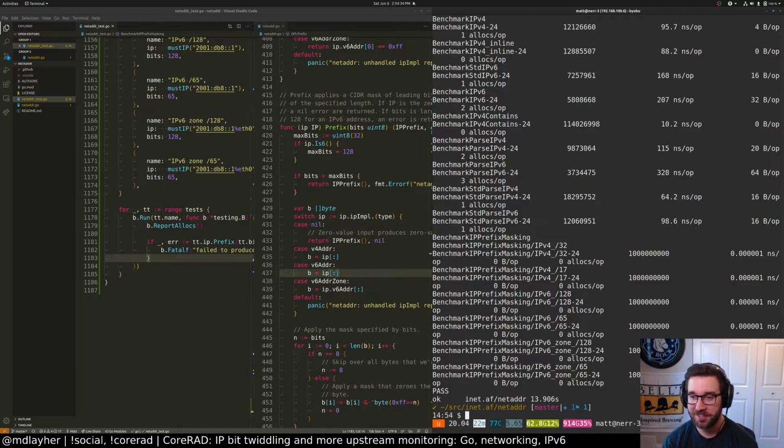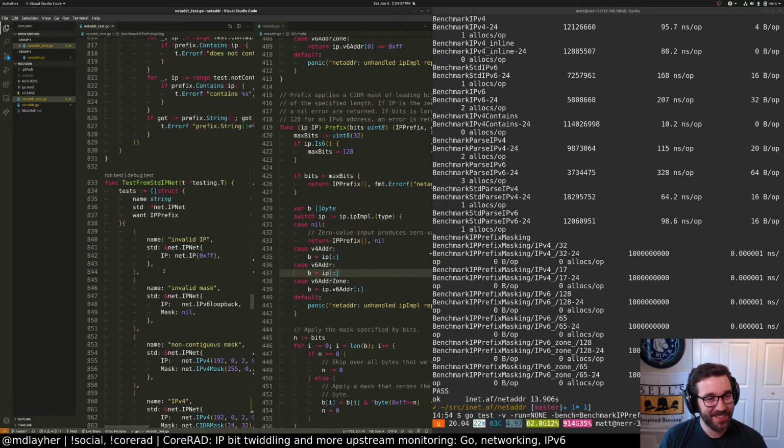Oh, 0.001 nanoseconds. Yeah, I think this is optimizing it away. That doesn't seem right. Let's see here. So, yeah, that got optimized out for sure. Yeah, unless I just wrote the fastest possible code, right? What is that? That's like less than a picosecond. IP prefix masking, stupid compiler, right?